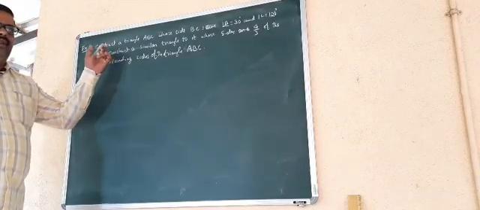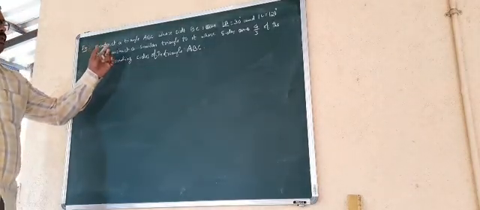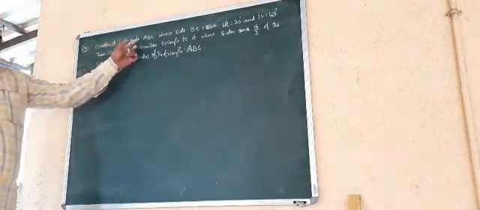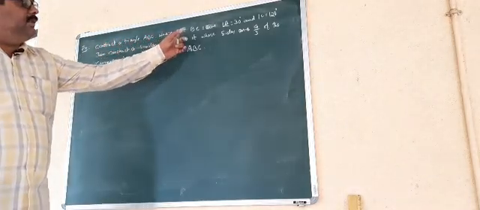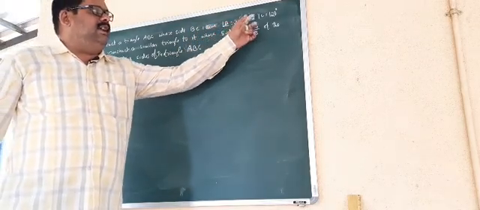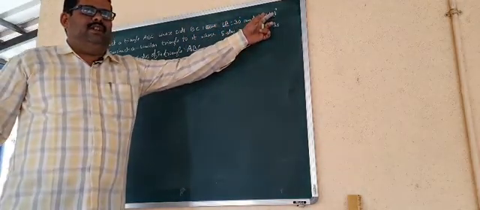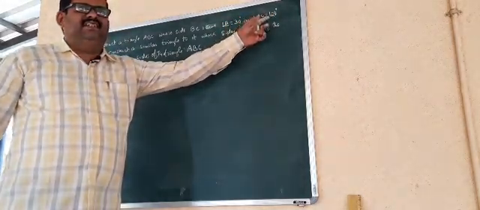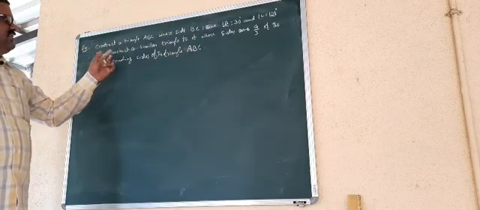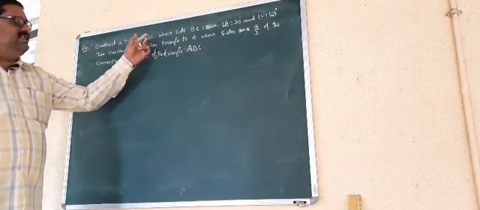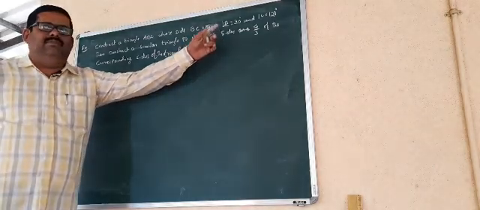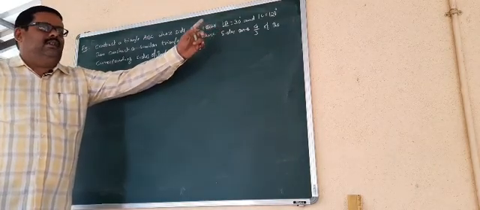Now, example number 2 for the construction of a similar triangle to the given triangle. Construct a triangle ABC whose side BC is 6 centimeter, angle B is 30 degree and angle C is 120 degree. Here two base angles and a side are given. Then construct a similar triangle for this triangle ABC whose sides are in the 4:3 ratio.